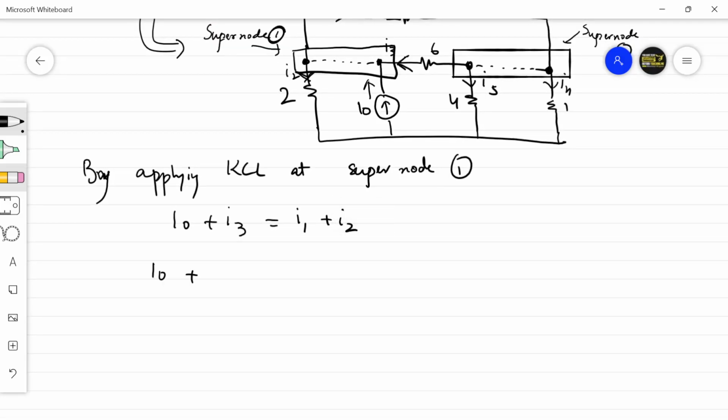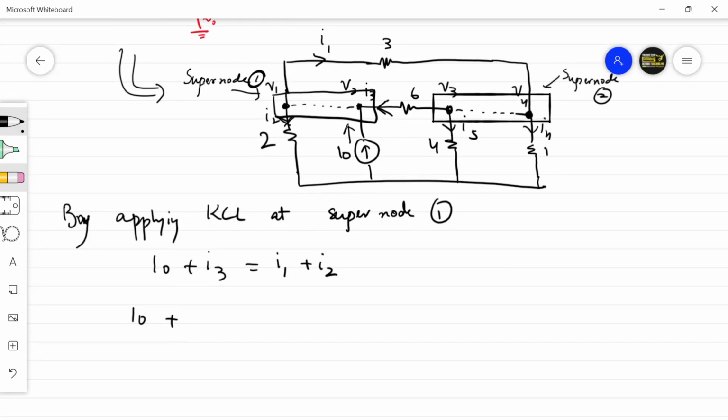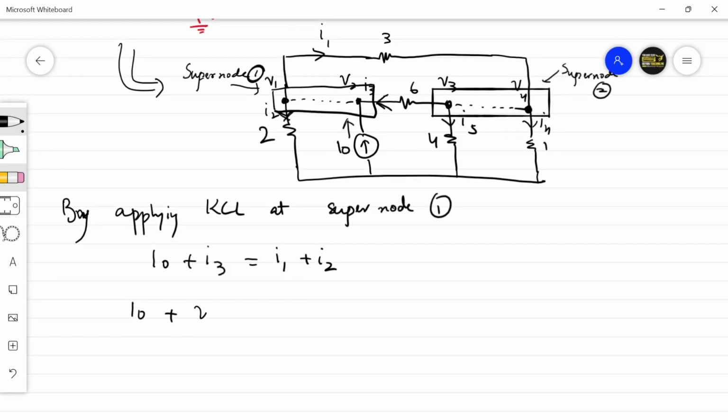10 plus I3 is coming from a potential difference. Here the potential is V1, here is V2, this is V3 and this is V4. So I3 is coming from a potential of V3 to a potential of V2 through a 6 ohm resistance, equal to I1 plus I2. I1 is this current, it's coming from a potential of V1, going to a potential of V4 through a resistance of 3 ohms, in the upper path like this,